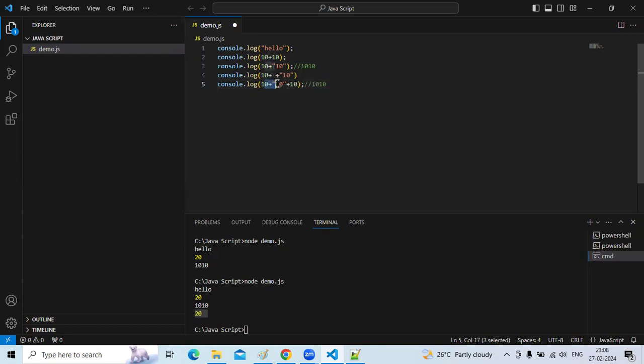Up to here, the result is 1010. Now what happens? After the concatenated result, again I am adding one number. The concatenated result is like a string, so this will become a string. Again I am adding a string with a number, so again it should be concatenating. See the result once.